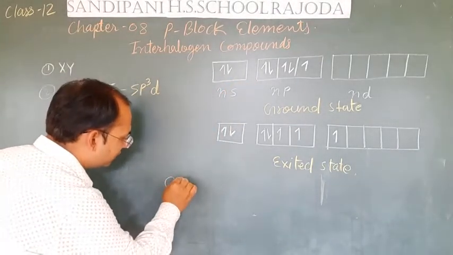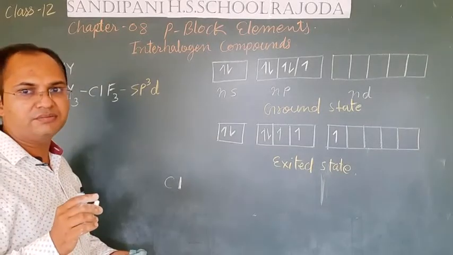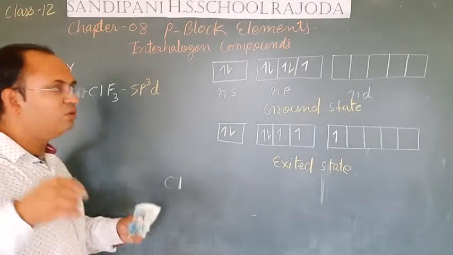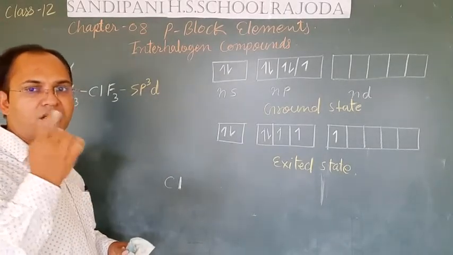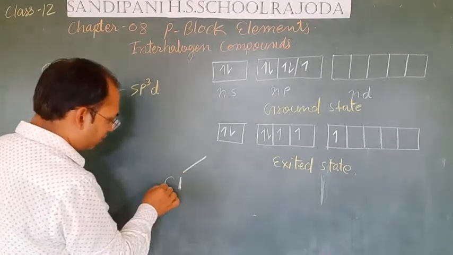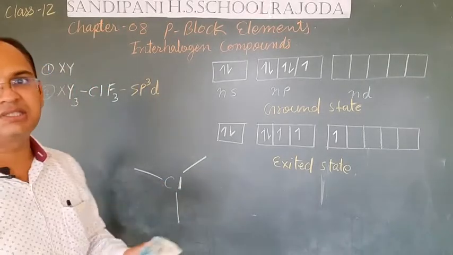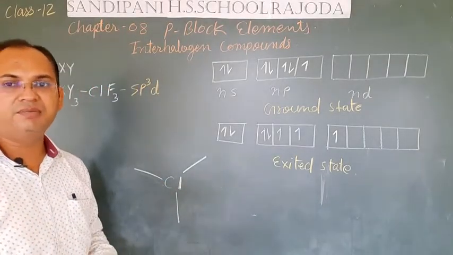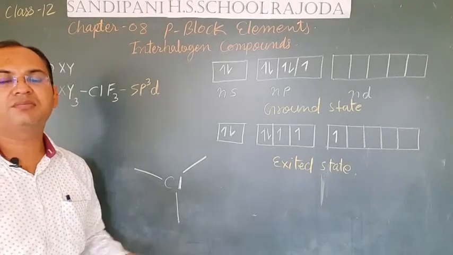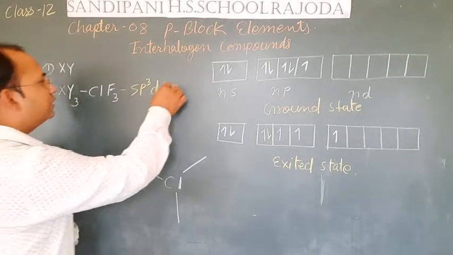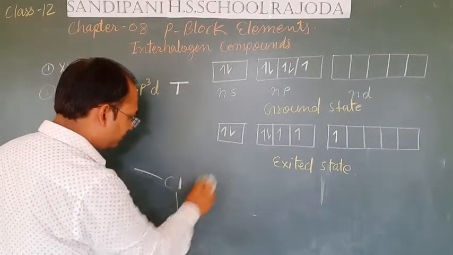Here chlorine is the center atom and 3 fluorine atoms will be there. Now see, students, if there were no lone pair, then what would be the structure of ClF3? All these 3 fluorine atoms would occupy equal bond angles between them. But due to the presence of the lone pairs, their structure is somehow distorted and they have a T type of structure. Let's see what is the meaning of this T type structure.